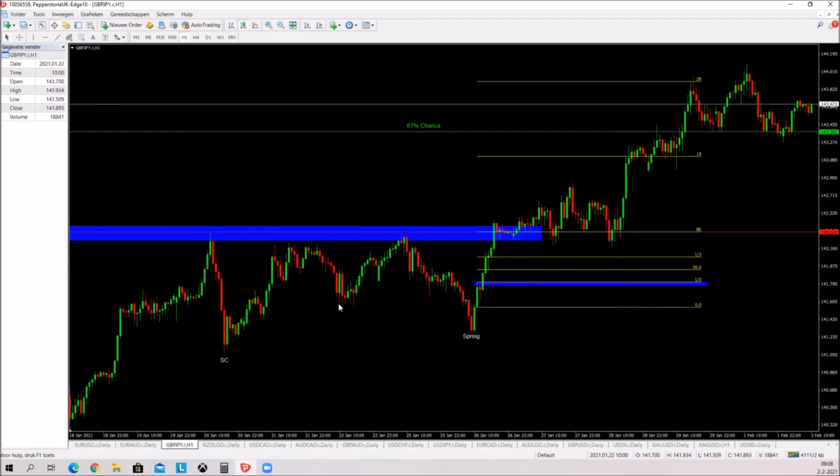And they will see this as phase B, which would be an STB, phase B, and then this would be the spring that doesn't take out the entire range low, but it takes out the STB, which was a significant swing point, and it takes out this one. So this was a clear reaccumulation pattern. This was a clear spring to me, so that also puts in more confidence because the statistics align with the context. So I entered at the red line basically at the breakout, and we got this up and down movement,